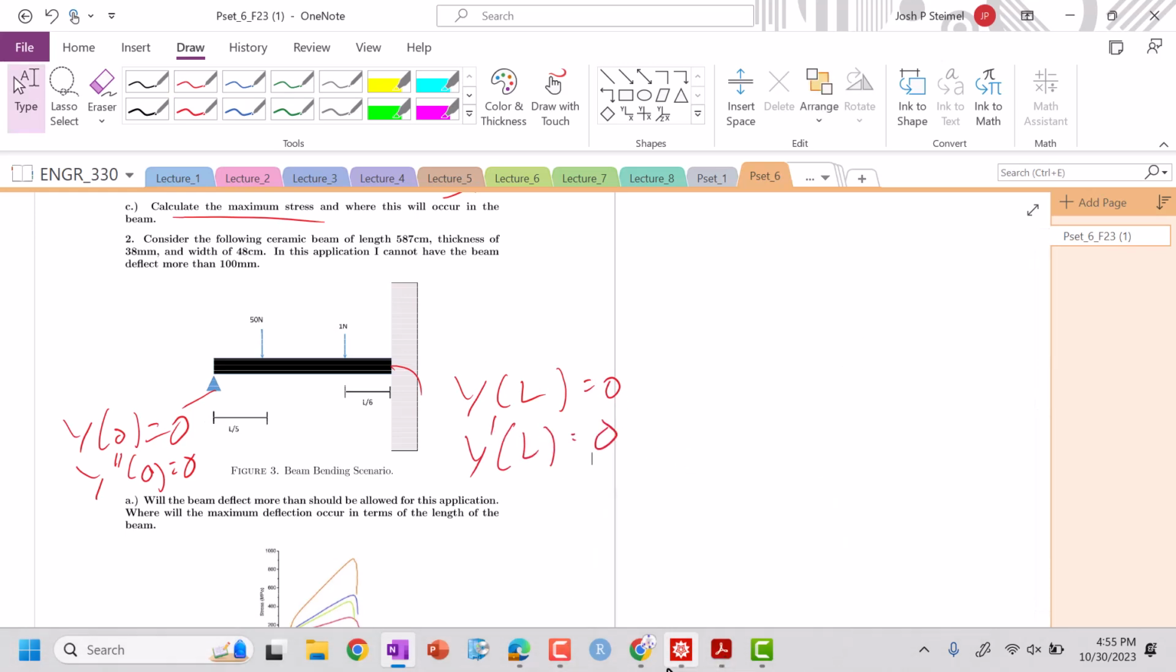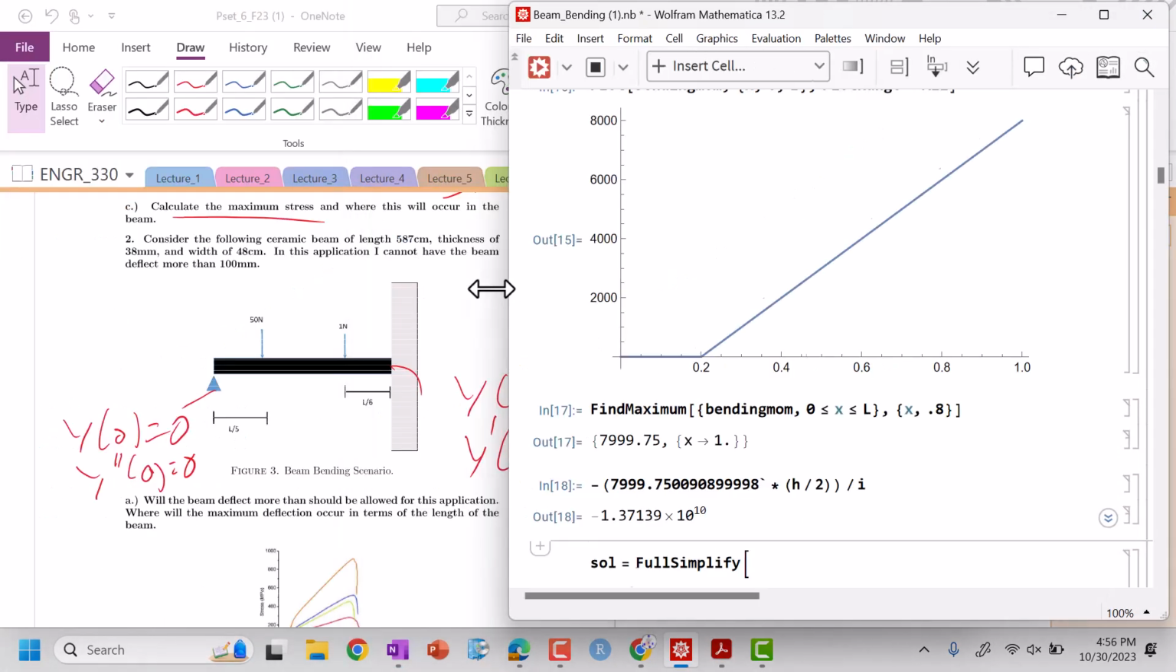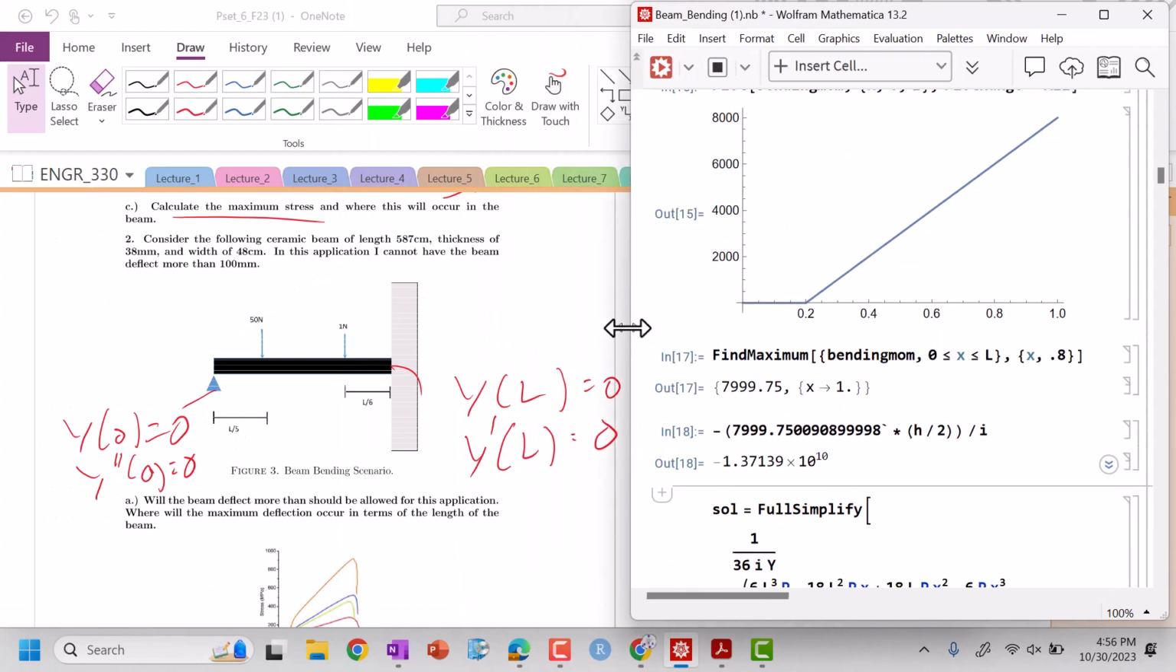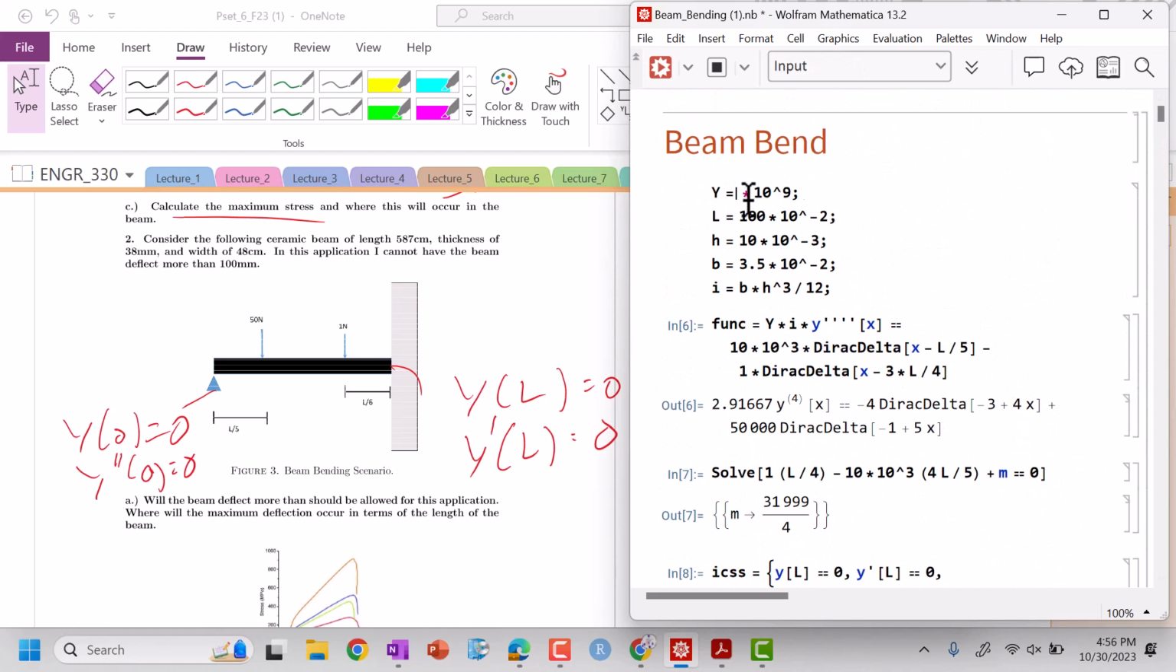So let's take the same piece of code here, but now let's adapt it for this problem. We are dealing with a material that is a ceramic. So that's 300 gigapascals, excuse me. A beam length of 587 times 10 to the minus 2. A thickness of 38 millimeters and a width of 48 centimeters. So we can do that. We'll also have